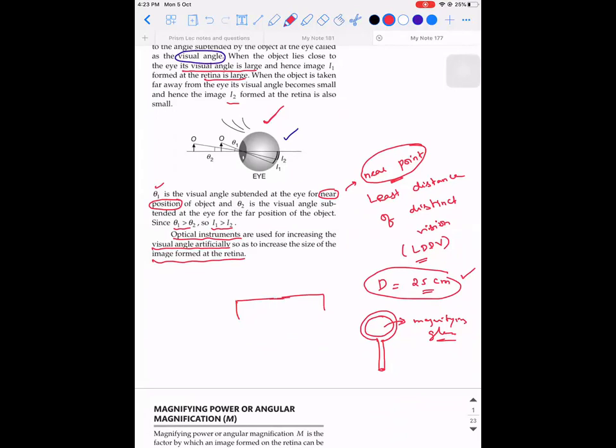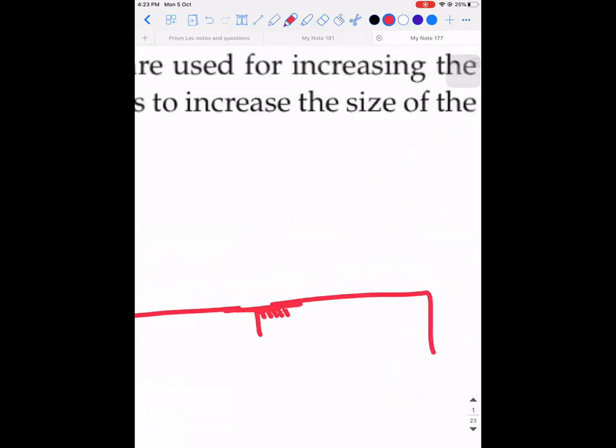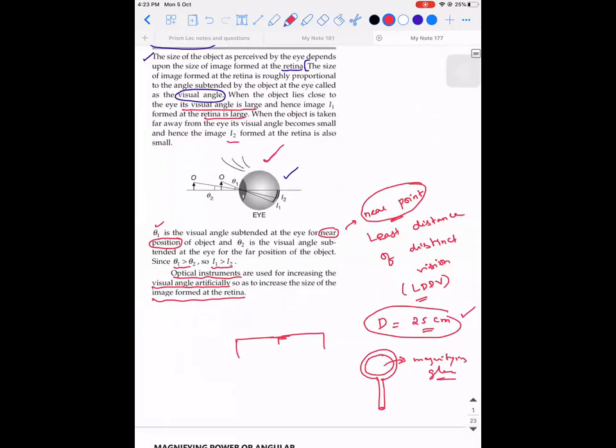What do you mean by resolving? For example, if I put the readings so close to each other, you're able to see this, right? Now see what I did. I tried to zoom in. The other name for zooming in is nothing but magnification. I tried to magnify the object in front of me. Now I'm able to see how many lines? 1, 2, 3, 4, 5, 6. I'm able to see 6 lines, whereas when I zoom out, it is not that clear.